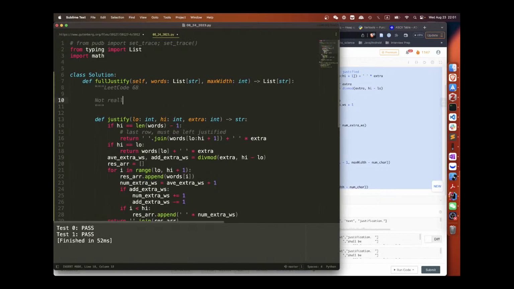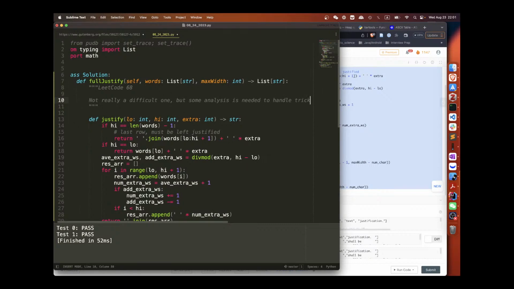Not really a difficult one, but some analysis is needed to handle tricky edge cases.